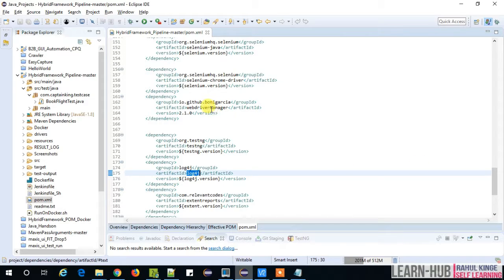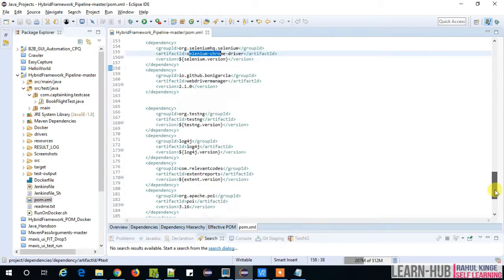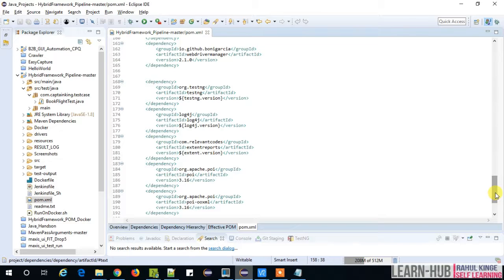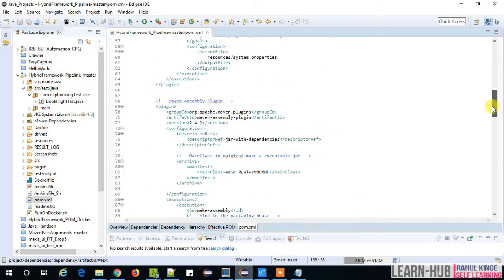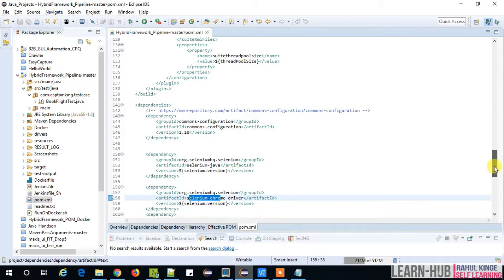So as I explained to you in session one, this will download the Chrome version as I have given here, so that I should download the Selenium. Same if I go for IE, this will download the driver for that. So I don't have to take care of where I should download from, POM will take care of your build mechanism. And this is one of the features, to remove the dependencies,